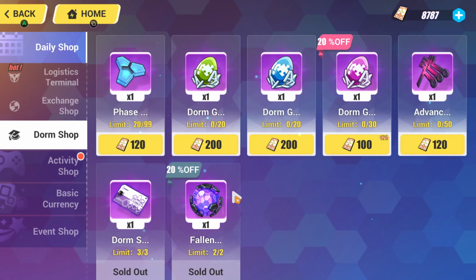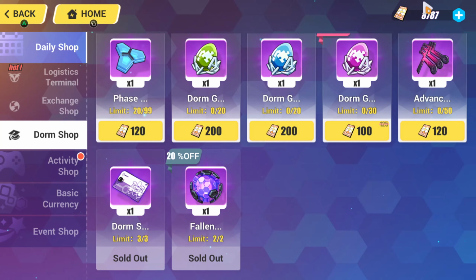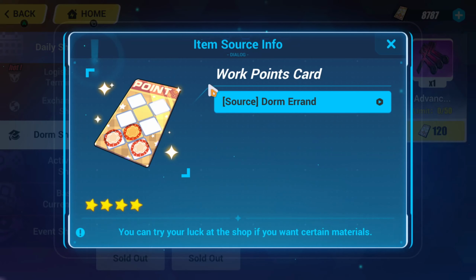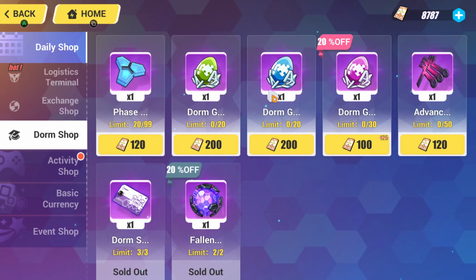Moving on to the dorm shop. So I'm sure everyone's been introduced to this little currency here, work points cards. You get them for sending your Valkyries out on errands inside of your dorm. So I'm not going to go into how to get them, but basically what they're used for is